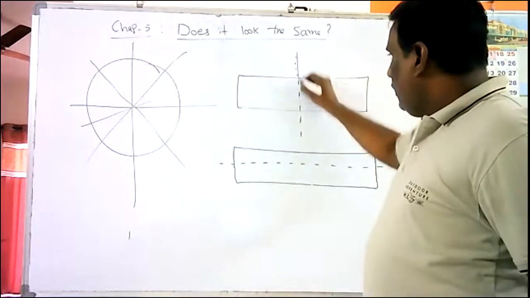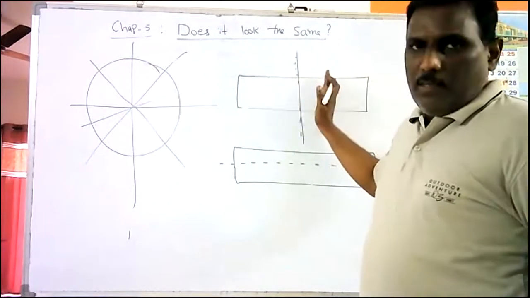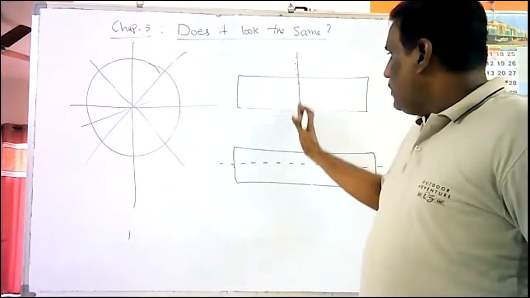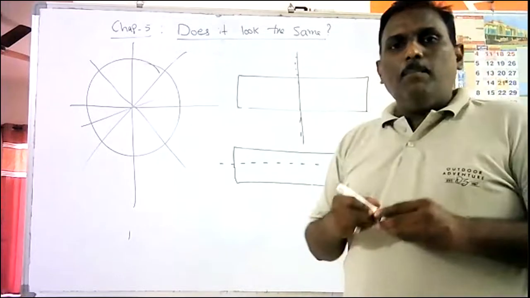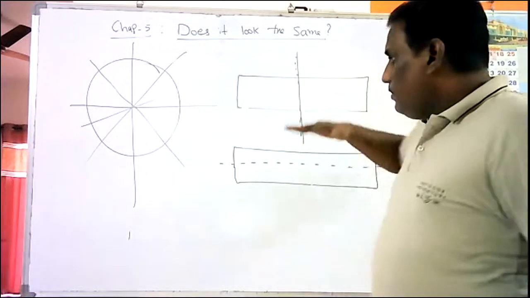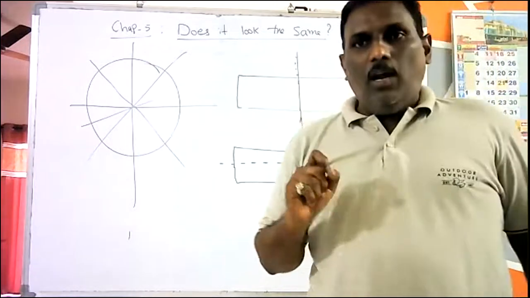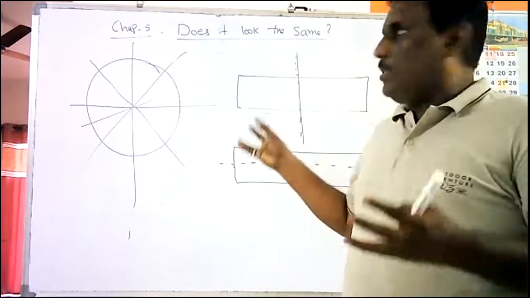A symmetric line means this is the exact image of this. This is the mirror image of this. If you can see this, you can see it in the mirror. So this is the line dividing this. So for mirror images and symmetric lines, how to do this: yesterday I sent one YouTube video. I told you to go through the video. You will get the idea about this class.